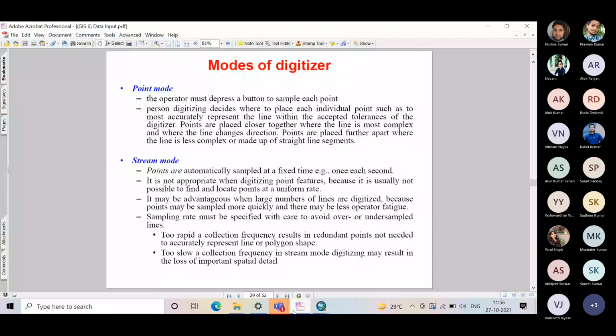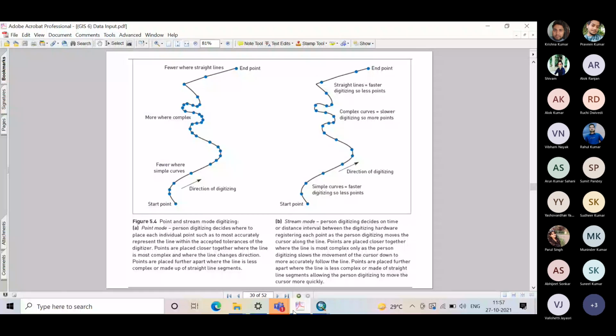पॉइंट मोड में हम नंबर ऑफ पॉइंट्स बढ़ा देते हैं, जहां कहीं भी कर्व आता है, कॉम्प्लेक्स कर्व्स आते हैं या डायरेक्शनल चेंज होते हैं। स्ट्रीम मोड ऑफ डिजिटाइजेशन में हम स्पीड घटा देते हैं, हम स्लोली मूव करते हैं जहां कहीं भी कॉम्प्लेक्स कर्व आता है। स्लो मूव करने से उस जगह पर ज्यादा पॉइंट्स सैंपल हो जाएंगे। ठीक है, तो ये पॉइंट मोड और स्ट्रीम मोड ऑफ डिजिटाइजेशन हो गया। नेक्स्ट, डिजिटाइजेशन के जो इश्यूज हैं उनके बारे में भी हम लोग देखेंगे आगे चल के।